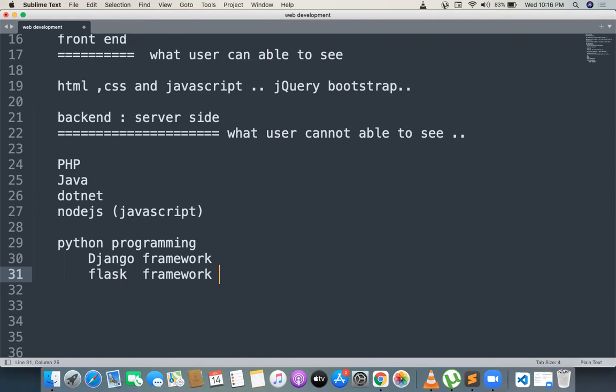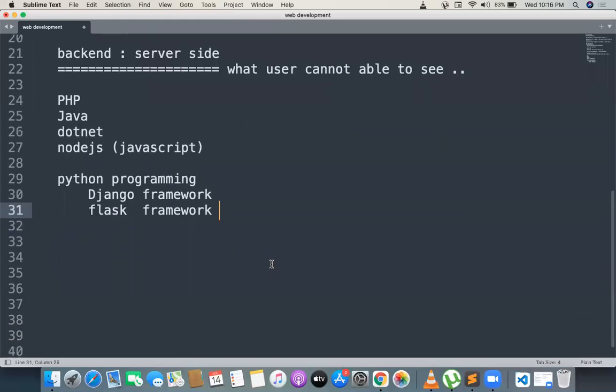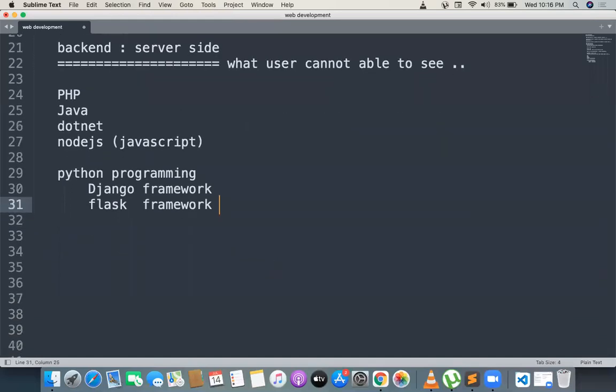You may ask a question, sir, what are the different topics we are going to discuss in this class? This class is going to include all the things: we are going to discuss front end, back end, and finally a full-fledged web application development part. With front end and back end, we can develop an Amazon type of application, a shopping cart type of application, a Swiggy type of application, a YouTube type of application, any kind of application later.